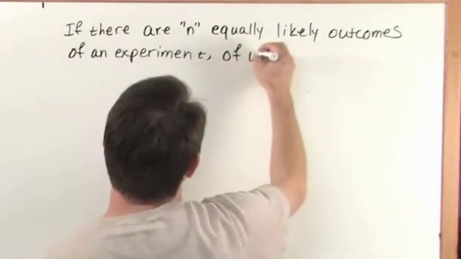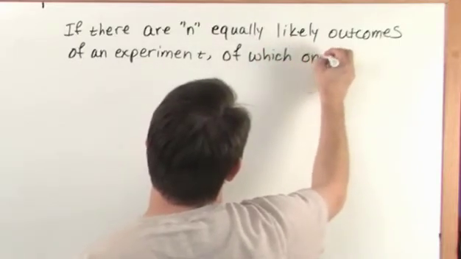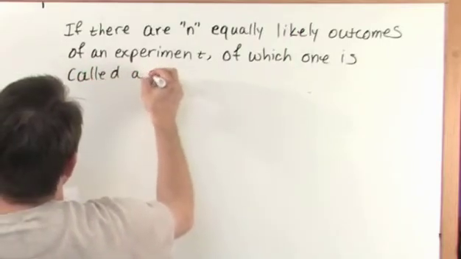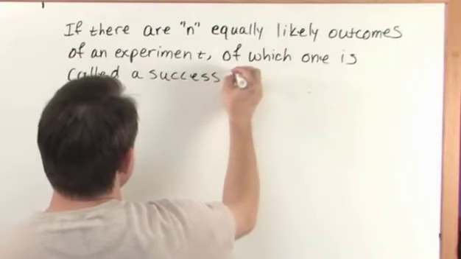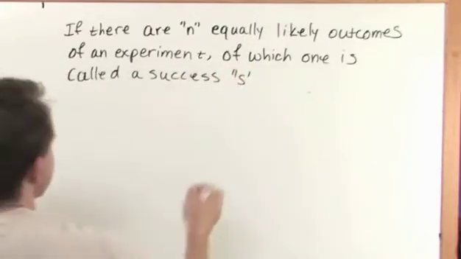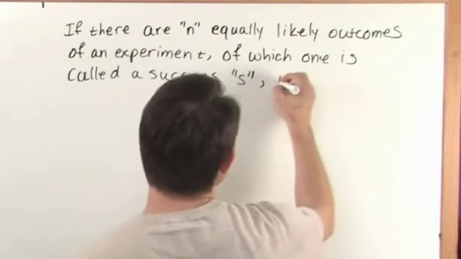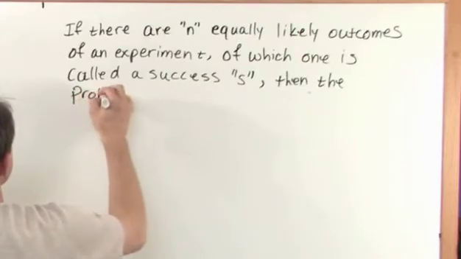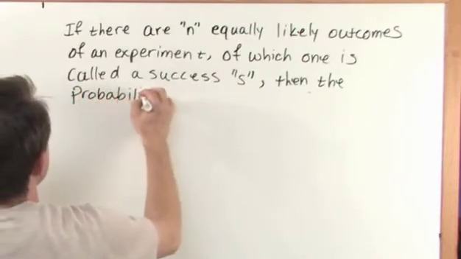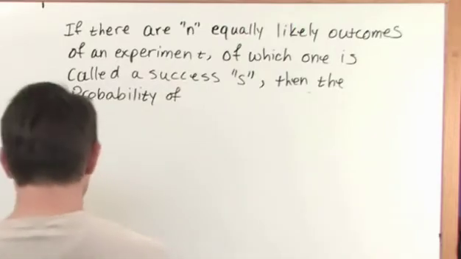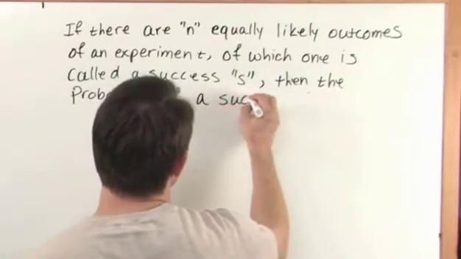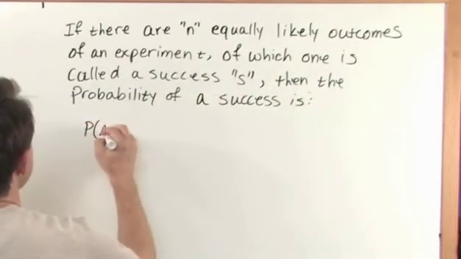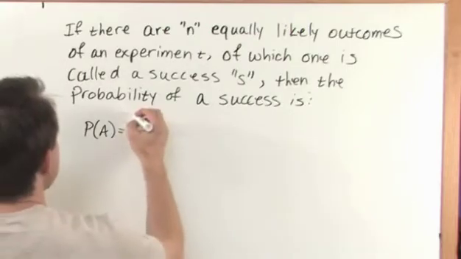We'll talk about this in a second. And the success is going to be labeled with the letter S, success S, okay? Then the probability of a success is, drum roll please, the probability of event A is equal to, and this is very important, in words,